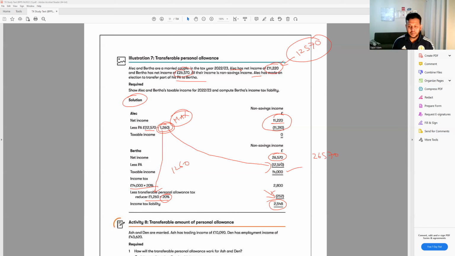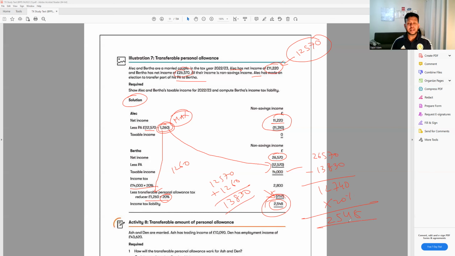Now it is the same thing if you do the calculation like this: 26,570. And if you make more personal allowance, so let's say 12,570 plus 1260. So how much is it? 13,830. So we can minus 13,830 from 26,570, that is 12,740. This is the amount that will be his taxable income. So if you do 20% on that, that will give you exactly the same figure,